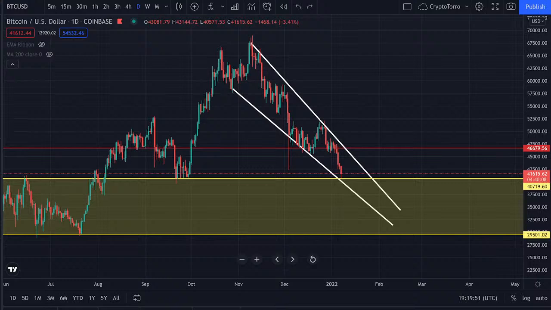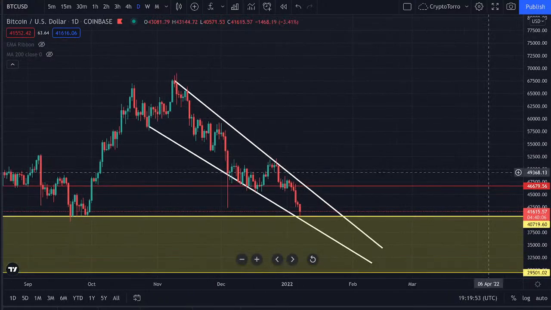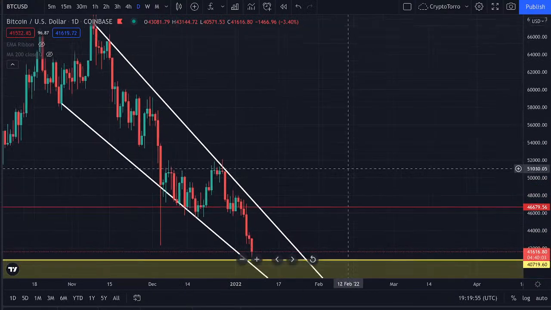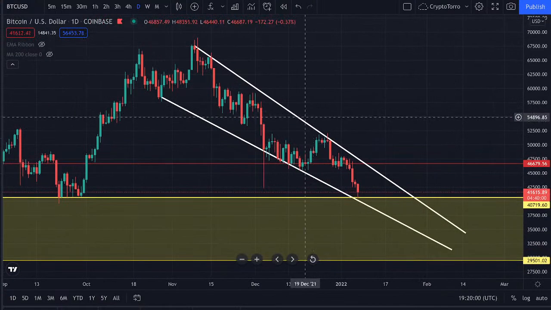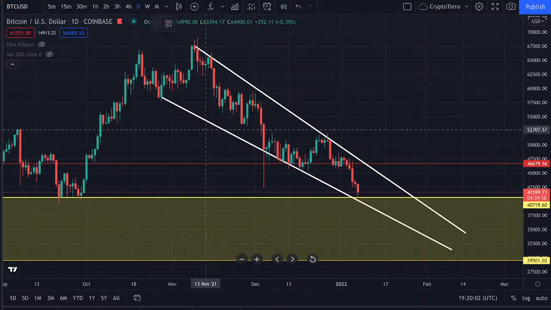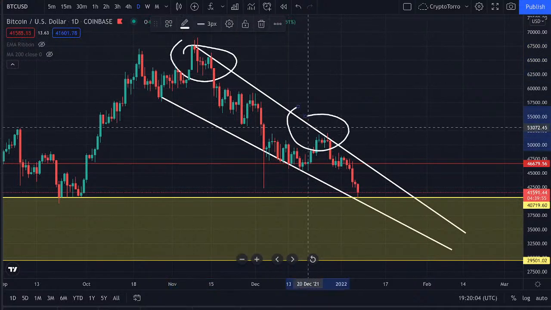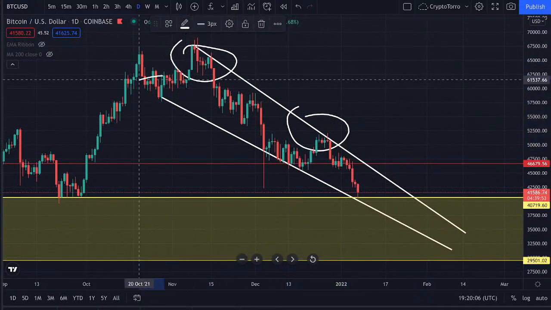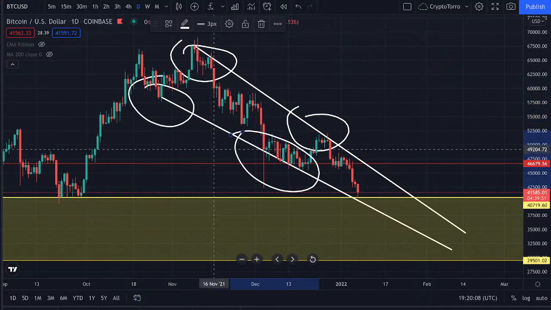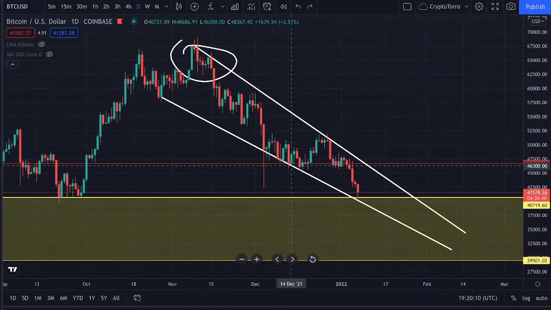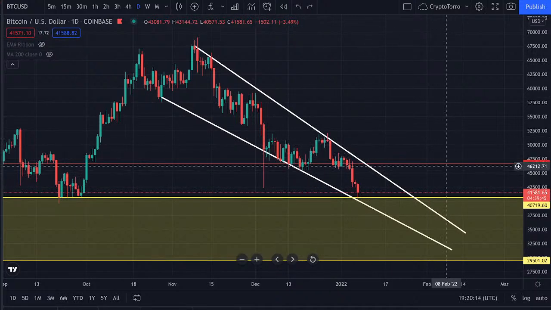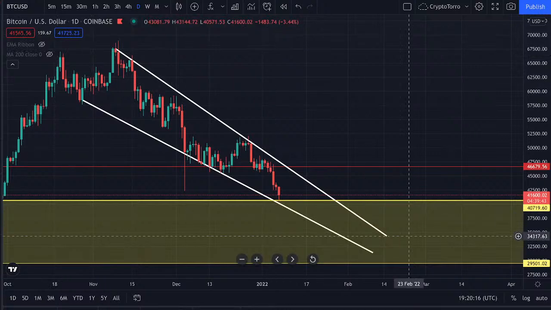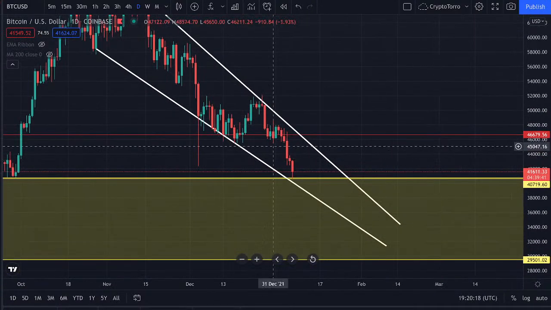And right now I would like to start by discussing the most interesting pattern that we are seeing right now on the daily time frame. As I said previously, we have seen multiple touch points below this descending resistance. We have seen multiple touch points on top of this descending support, and therefore this is a confirmed falling wedge pattern. As well, what you can see here is that if I look at the $40,000 range and